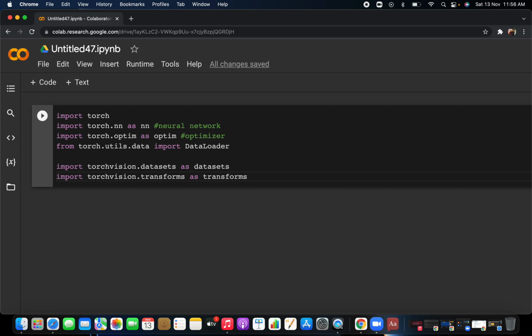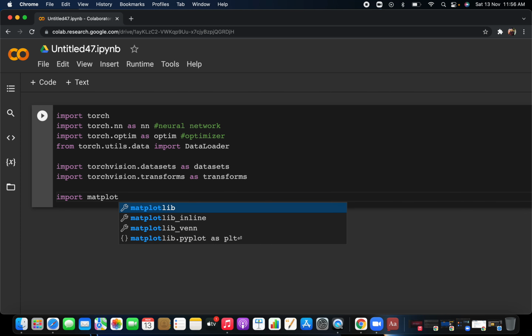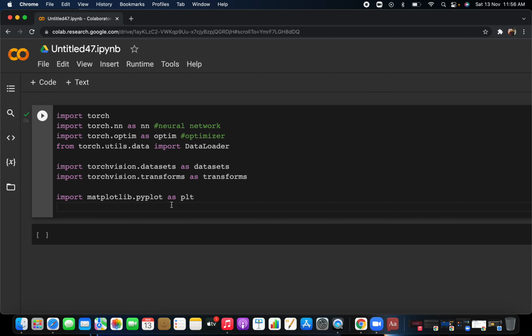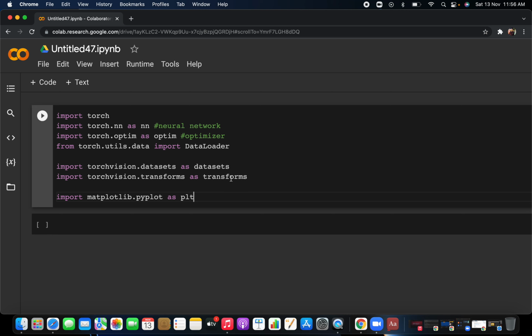It's really easy. And then after that, we are going to use one more library, that is matplotlib, to visualize the data set. Okay, so I think this many libraries is really enough for you. You can just use these libraries. The second step we are going to do is downloading the data set.